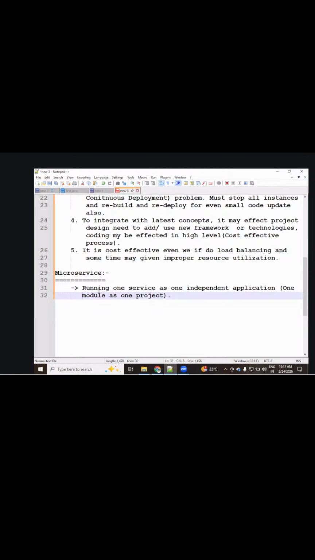Just for your understanding, that was a lemon example, and coming to the technical side. In a monolithic application we call them modules. In a microservices based application, it is a service. Their module, here service. Clear? I hope you got the clarity. Running one service as one independent application, that is one module as one project. One family should be considered as a